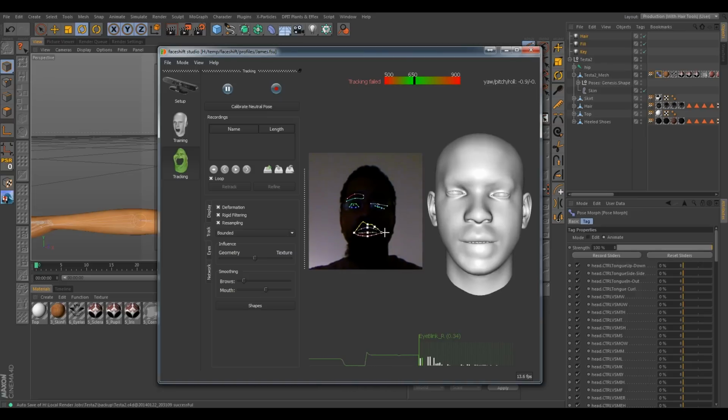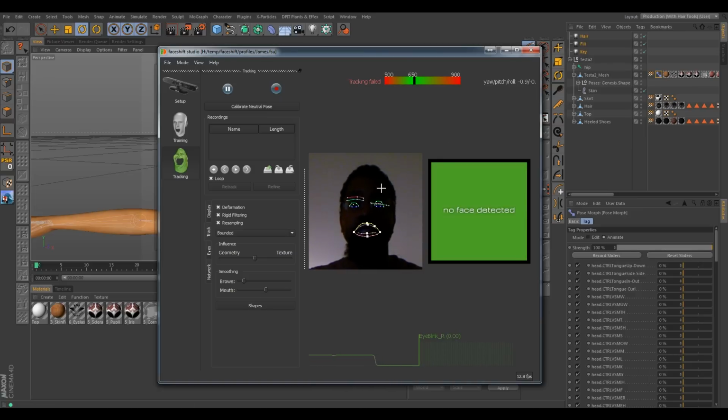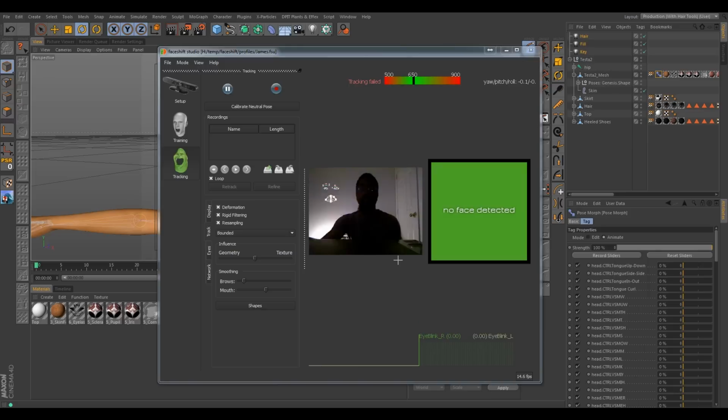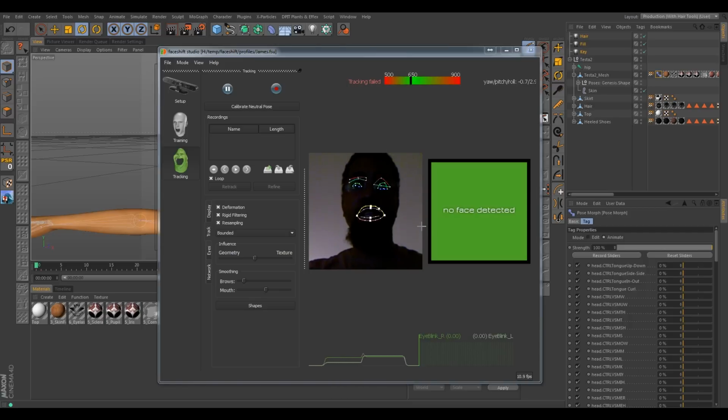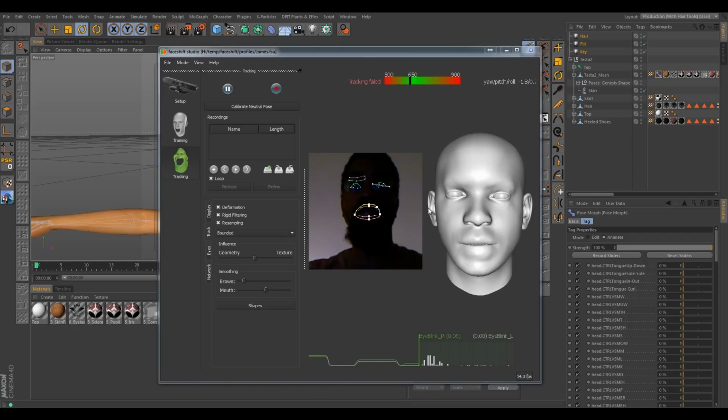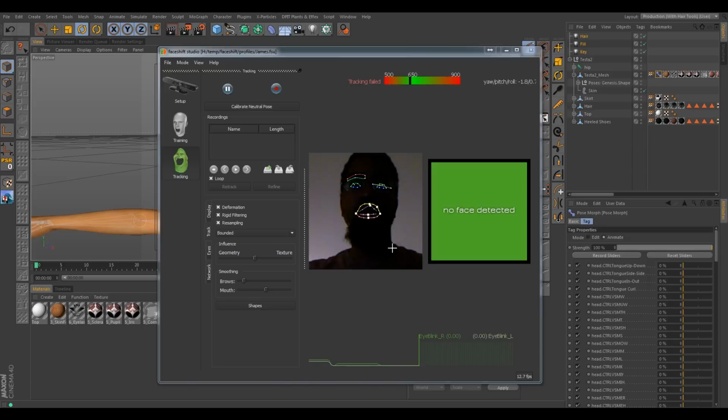I'm using the Connect sensor with the OpenNI drivers versus the Microsoft drivers. I found with the Connect sensor that the Microsoft Connect drivers just do not work very well with the Xbox Connect sensor, mainly because the Connect sensor doesn't have a near mode, so to speak, like the Windows sensor does. There's a near mode built into that. So what happens is, if you use FaceShift with the Connect drivers, you're not going to be able to actually get into this sweet spot, and it's not going to be able to sense your face. So it's just not going to work very well.